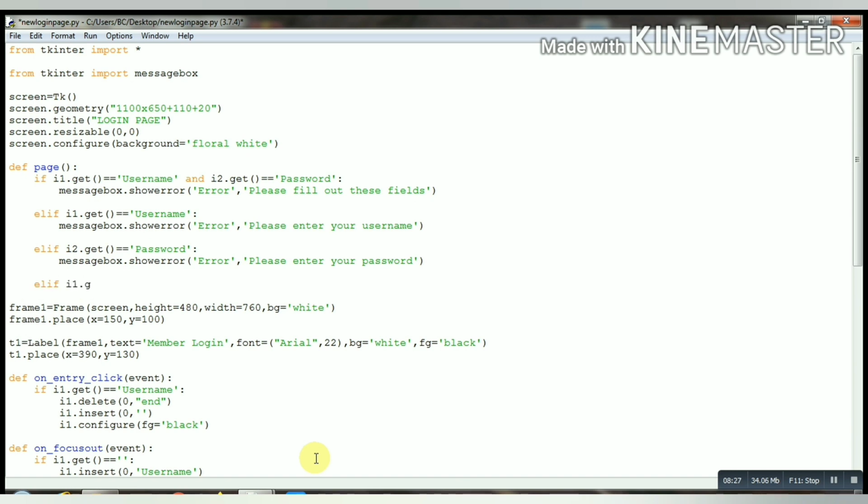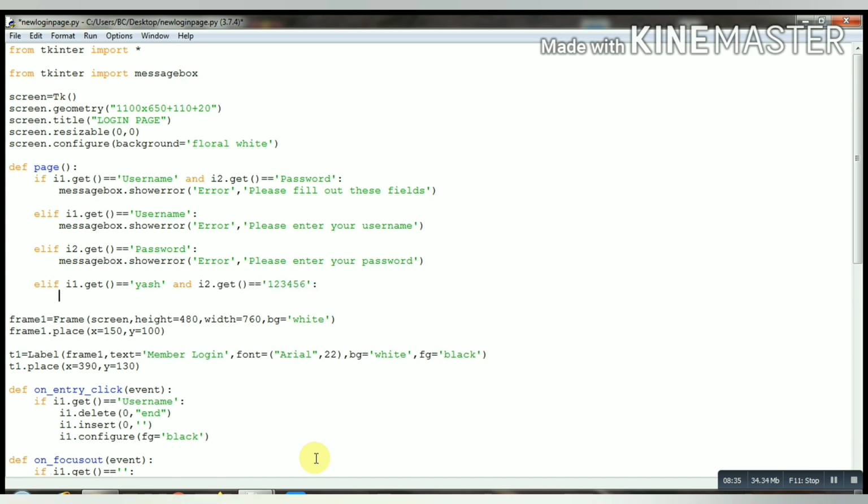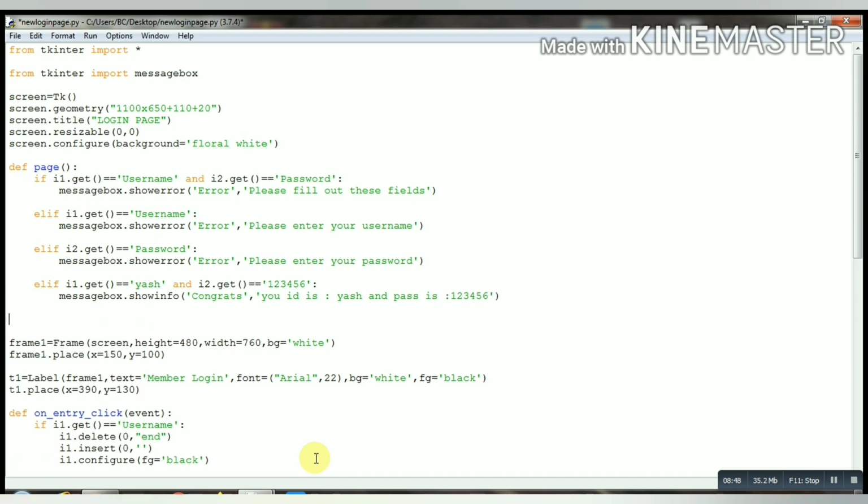Now else if I1.get equals yes and I2.get equals 123456, meaning if we enter the correct username and password, then it will show info, a message like: congrats, your ID is yes and password is 123456.